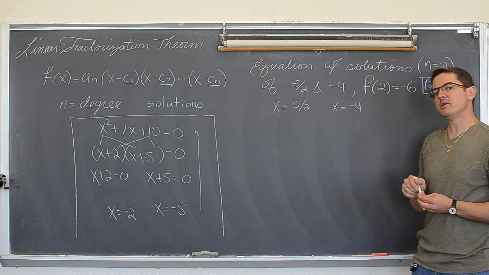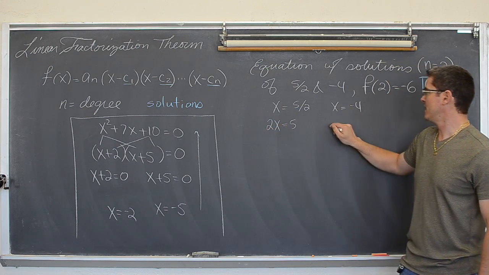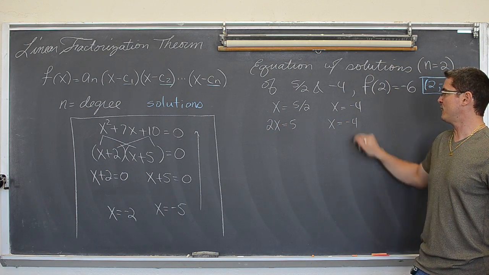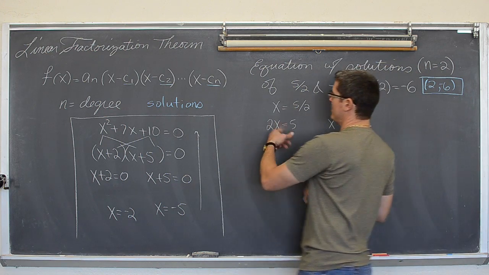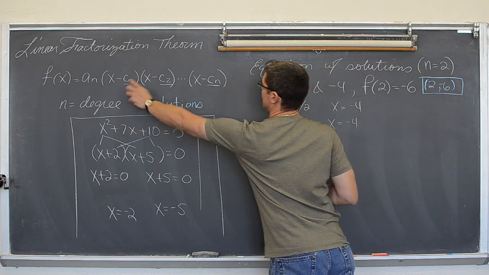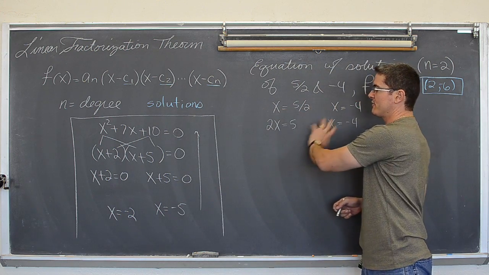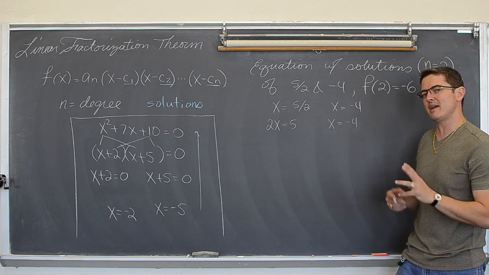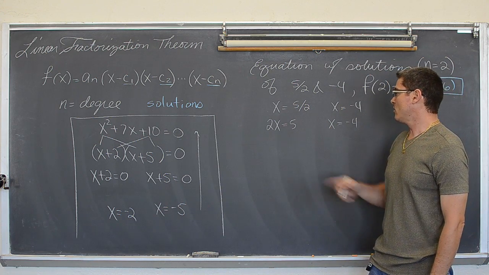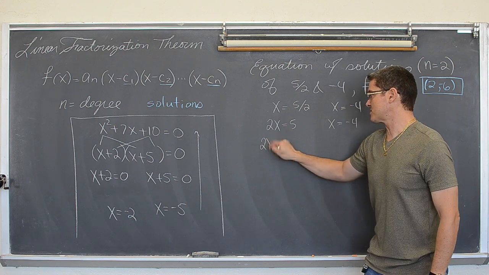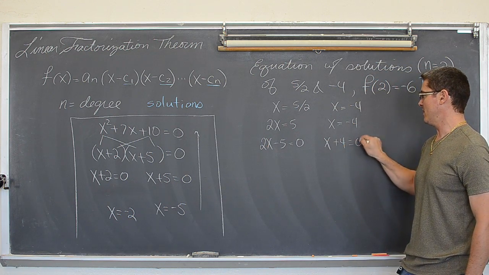I'm going to multiply both sides here by 2 and get 2x equals 5. And again, still x equals -4. And I'm going to set each one of these equal to 0. I could just say plug 5/2 in for x and -4 in for x and call it a day. But if you do work the factorization process backwards, it might make it a little bit simpler because I don't want to work with that fraction like that. So we're going to now have 2x minus 5 equals 0 and x plus 4 equals 0.